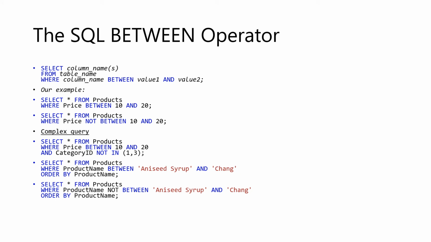Here comes the SQL BETWEEN operator. SQL BETWEEN AND operator is used as replacement of multiple greater than and equal to operator. If you want to get products where price is greater than 10 and less than 30, you can use price between 10 and 30 as well, like this. Here NOT is also used. You can use between like this, and you can also place a NOT before between.